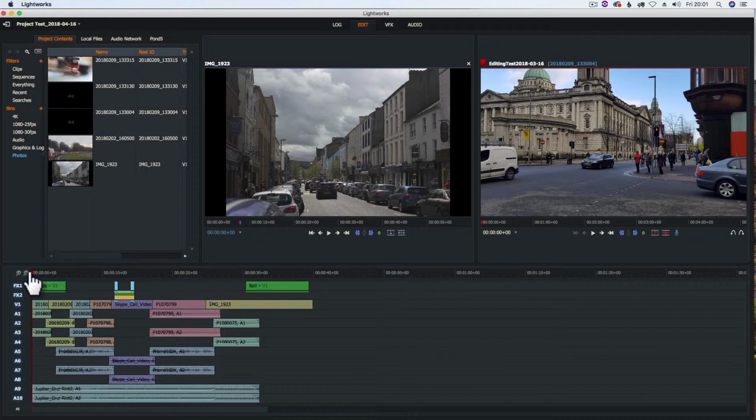So in that case, it's better to set up your project so that you are just using a certain frame rate, which will require you then to render out your clips that are in a different frame rate to the one that you want to use. So for example, if you've shot a load of stuff on a mobile phone and it's at 30 frames per second, you'll need to re-render it at 25 frames per second so that you don't have the problems that seem to be occurring at the moment. So we'll have a look at that shortly, but for the time being we'll just render out this version